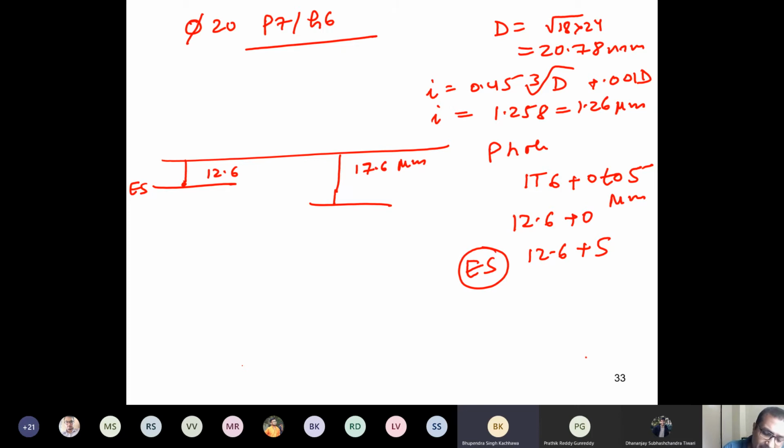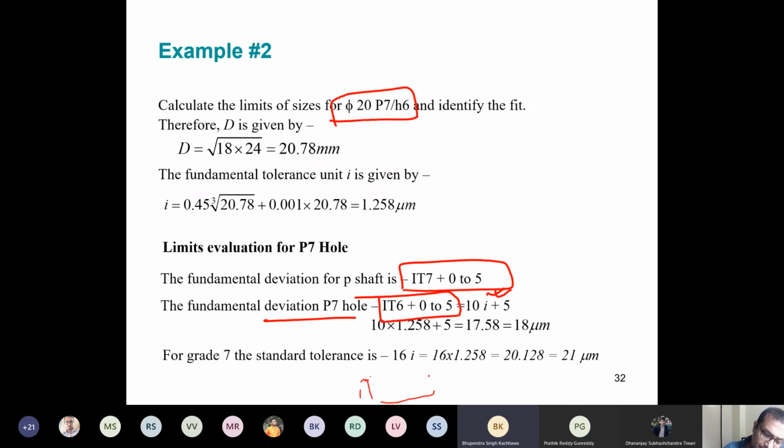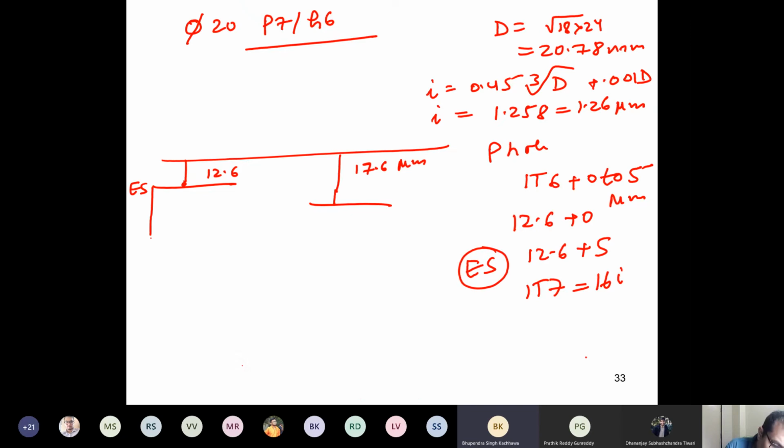Now, what is the IT grade? It is 7, right? IT7 is 16i. 16i is how much? 21 microns. Right? So this is 21 microns. This will also be 21 microns. Both will be 21 microns. 21 microns and 21 microns. Right? Now, where will the